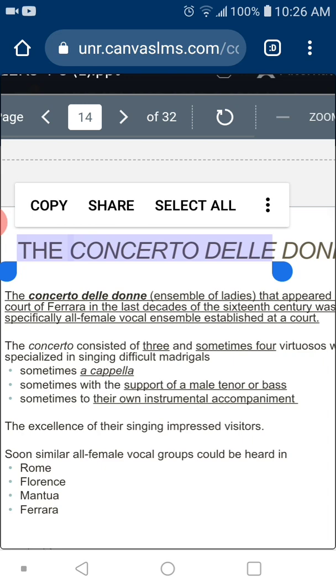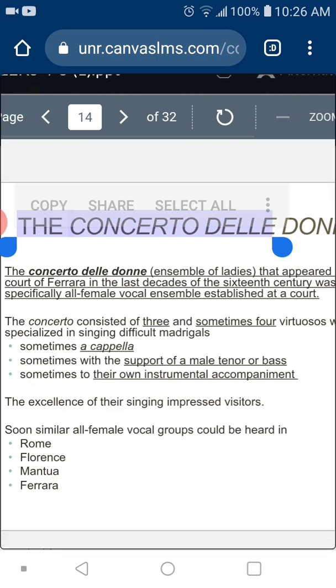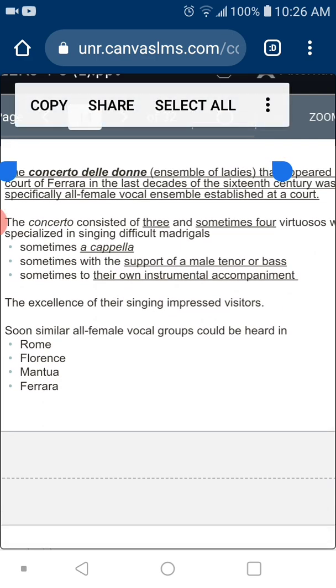event, because you have an ensemble, a court ensemble, which is made only of women. Okay, so women also become very important in society now, because they start to sing at court, and they become highly paid, while they still cannot perform in church, but you know, they are performing at court.